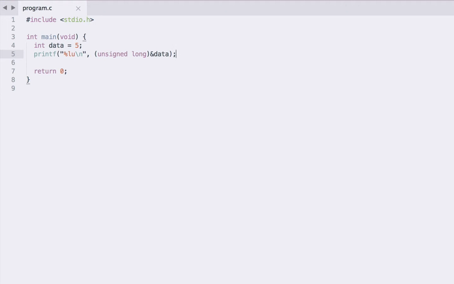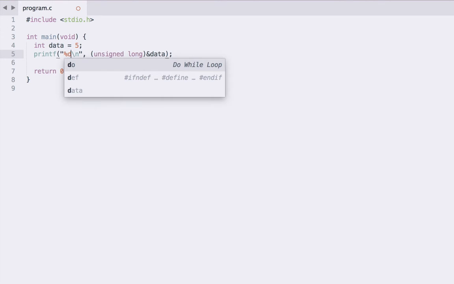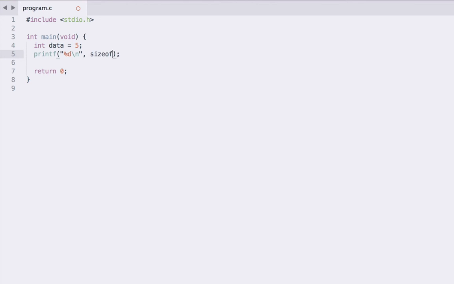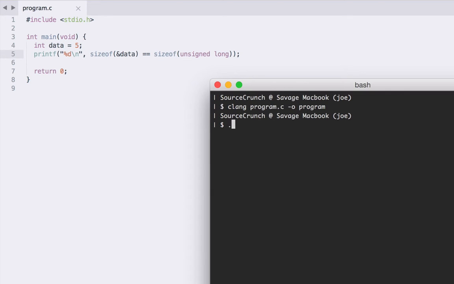And by the way, I think we've covered this before, but long is just another integer type in C, which can often represent bigger numbers than the int type. And we can check if this operation is unsafe on my particular machine. We want to check if the size of the memory address of data is equal to the size of our unsigned long type. And if we compile and run, hey, it turns out that cast was actually completely safe on